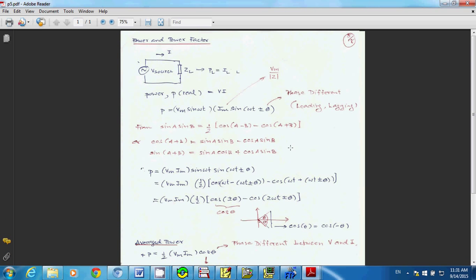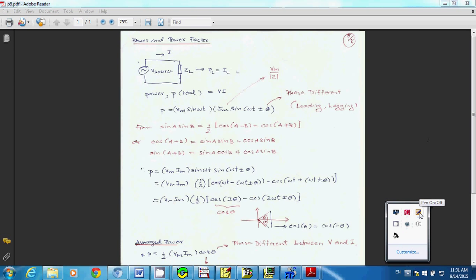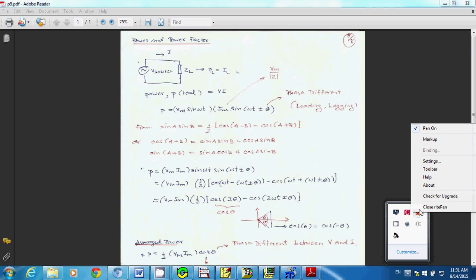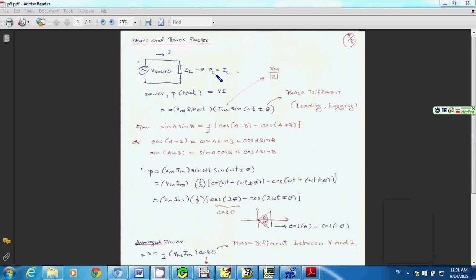Now let's move to the topic of power and power factor here. Well, you have a basic idea already. Power is simply P equal to I multiplied by V, right? That means you have the voltage source here and you have the load here, and you want to transfer your power from the source to the load, and you want to calculate the power at the load. P equal to IV,